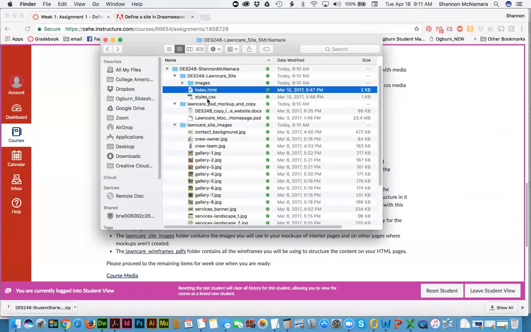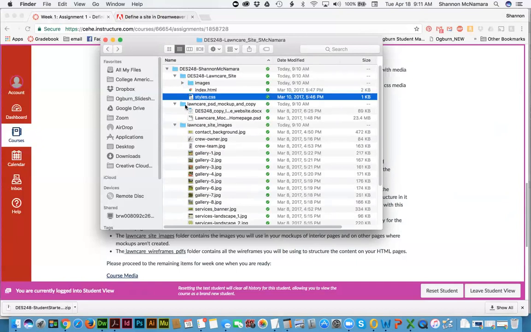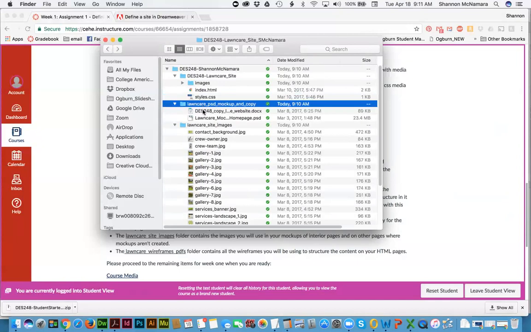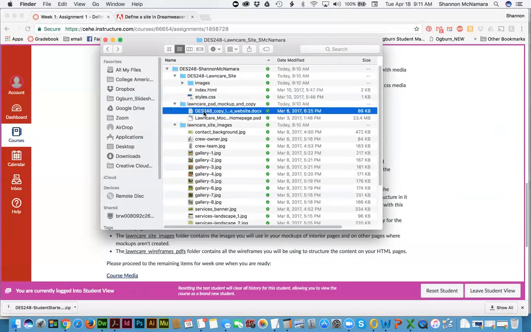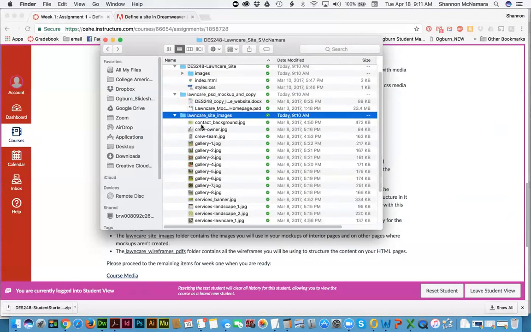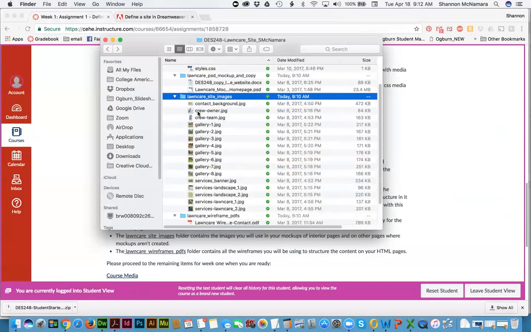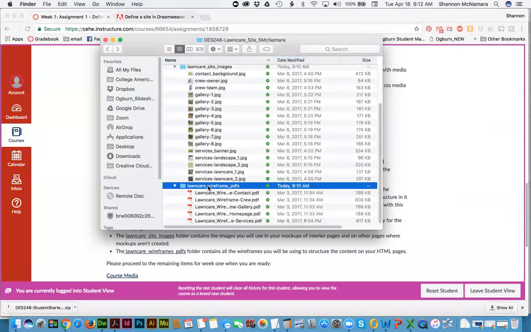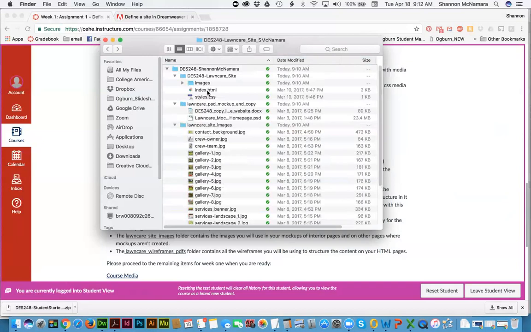Right here, we have a home page. We have a CSS sheet, style sheet. We have some PSD mockups. We have a doc file that has our website ad copy, the homepage mockup, which is a PSD file, and then we have the other images that go with our site, and we have a folder full of wireframes. Because today we are just dealing with the index file,